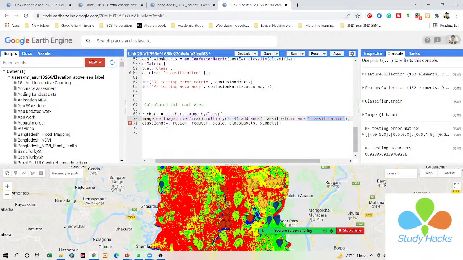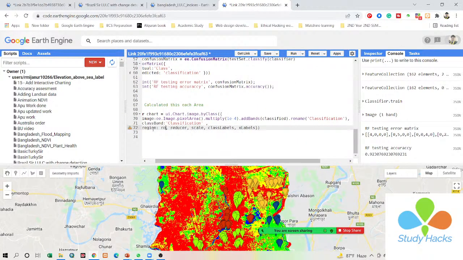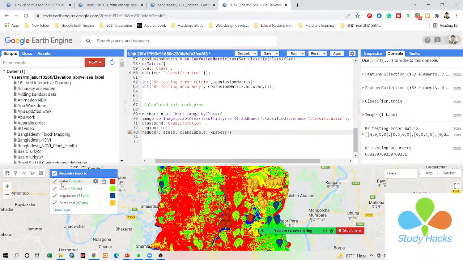And paste it here. Then region is our area of interest, our shapefile. What is our shapefile variable name? ROI. So I simply put this ROI here, and then I want to use the reducer. A reducer is a statistical function, and it calculates different types of statistics. Suppose this time I want to get all of the pixel values. Here you can see some pixel values are available for water, some for urban,